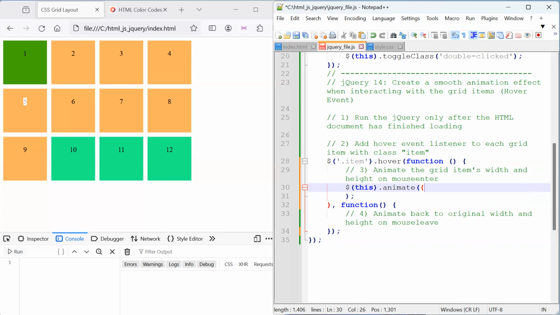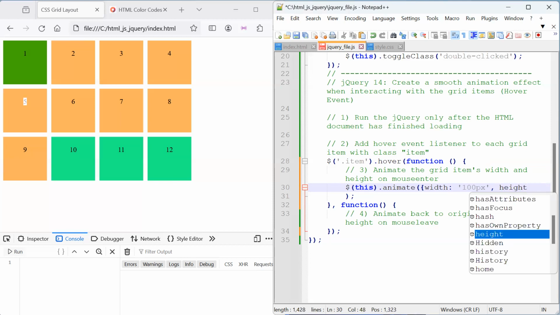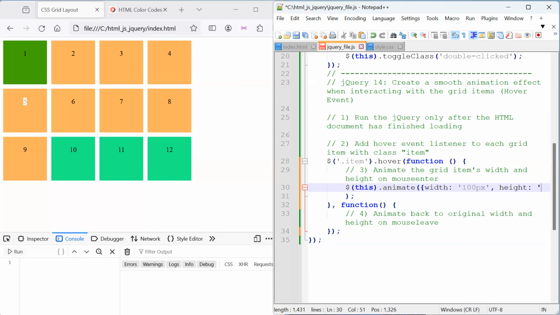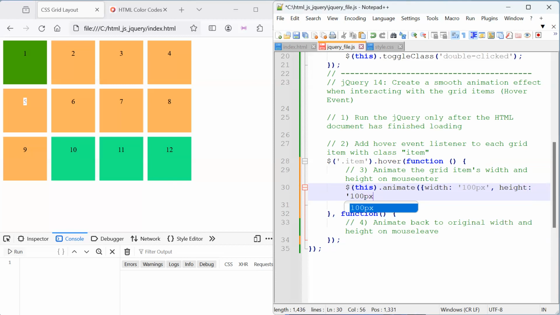In this case, we want to work on the width. Let's say I would like the width to go bigger, so let's go with 100 pixels and change it if we're not happy with it. And then we also want to work with the height property of the elements. Again, the same, just keep it the same size, 100 pixels. And then